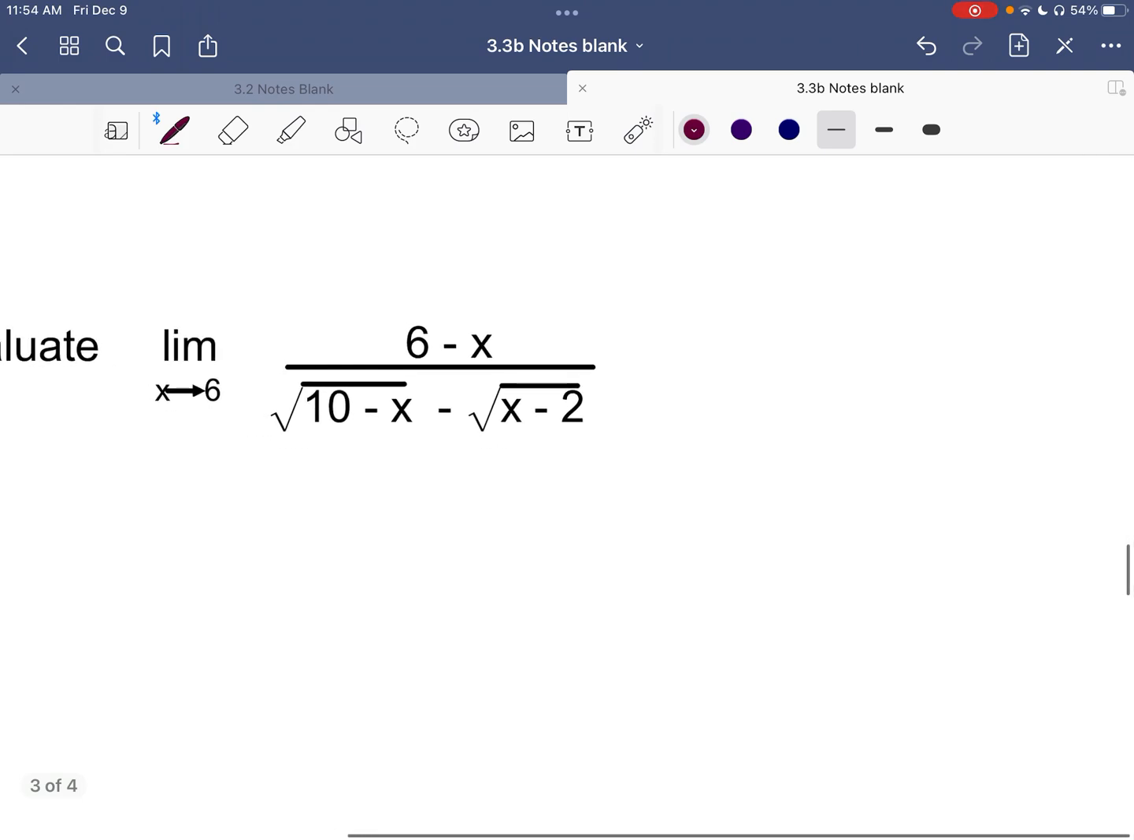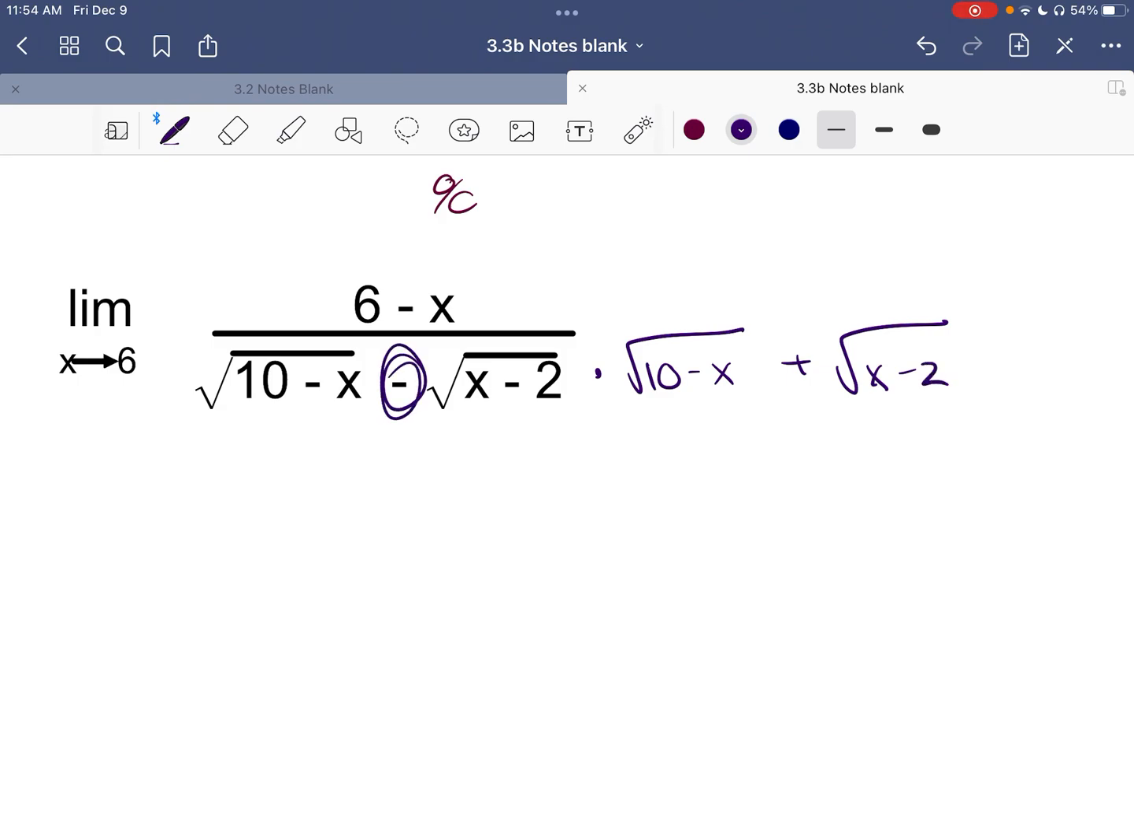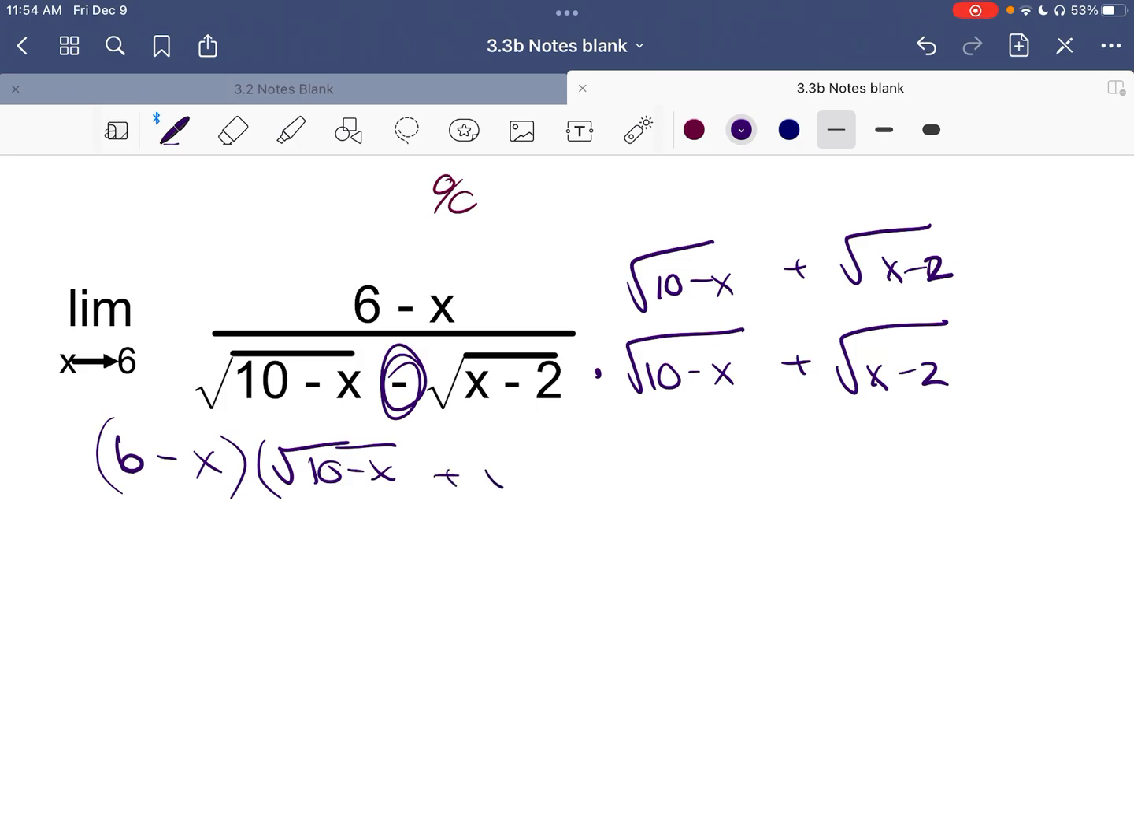So next example, same thing, we're going to multiply by our conjugate, because if we did direct substitution, we're going to get 0 over 0. So we're going to multiply by the root of 10 minus x plus the root of x minus 2. It's just the sign in between your two terms that's changing. 10 minus x plus the root of x minus 2. So in our numerator, 6 minus x, we're going to leave the root of 10 minus x plus the root of x minus 2